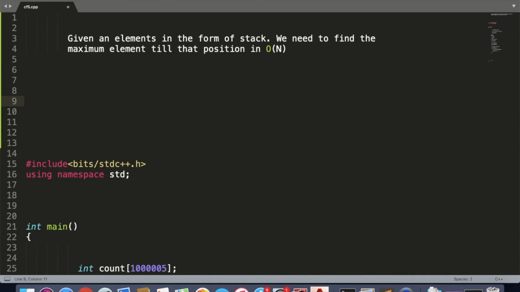Did you get my point? We are going to push the 8 again. It is compulsory to push the 8 again. If you don't do this, what will happen is you are going to pop 5, and instead you will be popping 8, because 8 was not there, 5 we did not insert it. So what we have to do: if 5 is greater than 8, then it is good, we are going to insert it directly into the stack. But if it is not, then we are going to push the top element again.